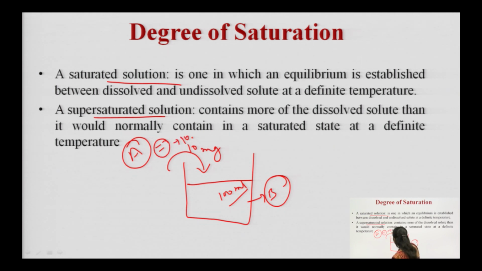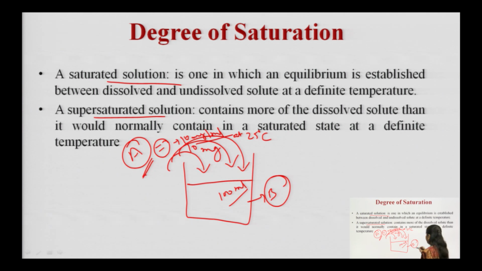solubility of 10 mg per ml. It was previously detected at 25 degree Celsius. Now, if I go on adding 10 mg, then again 10 mg, 10 mg and so on, I just go on adding the solute to the solvent. What happens? A stage will come when some of the solute, that is A, will not dissolve, it will remain in the undissolved condition.